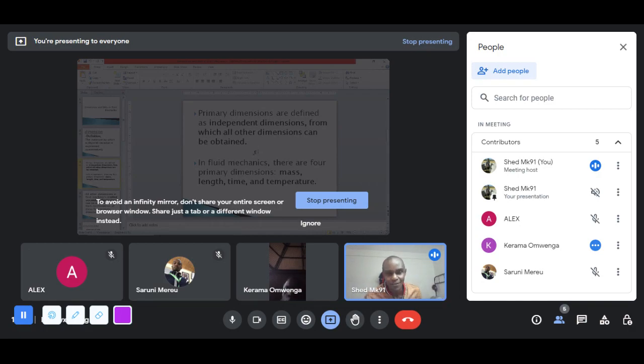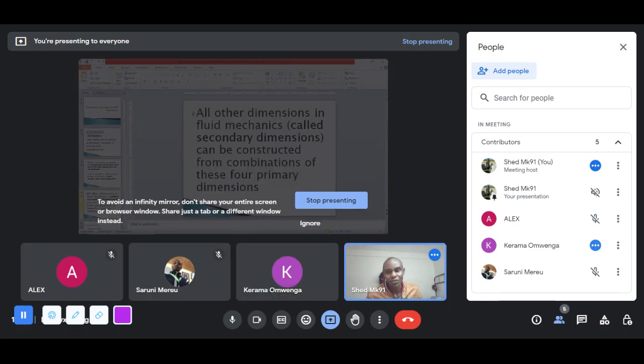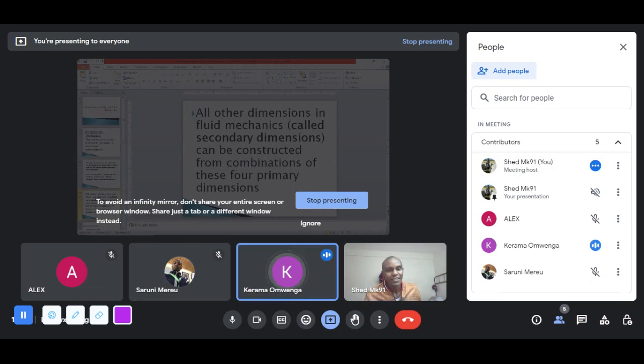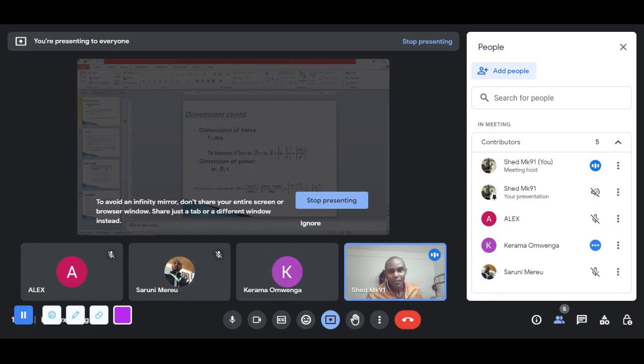The derivatives of the primary dimensions give us the secondary dimensions. These secondary dimensions are simply a combination of the four primary dimensions. Now, for example, when we consider Newton's second law of motion, force which is mass by acceleration,